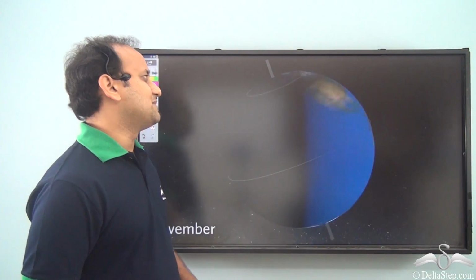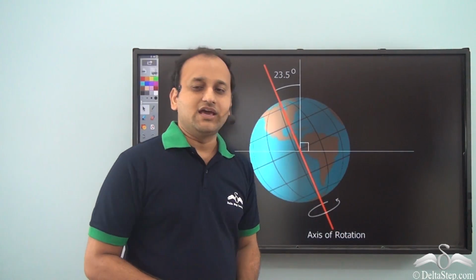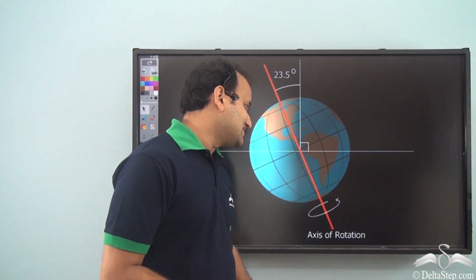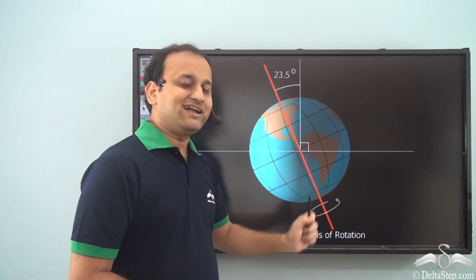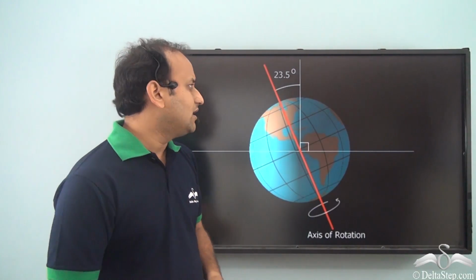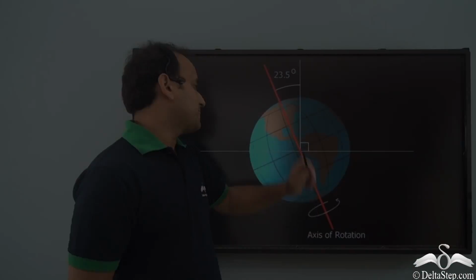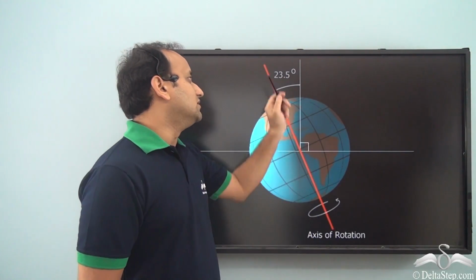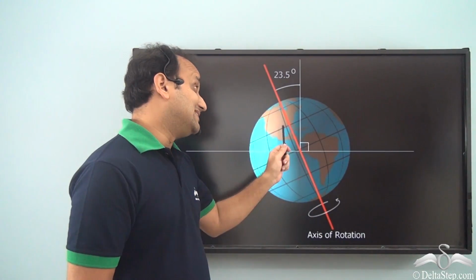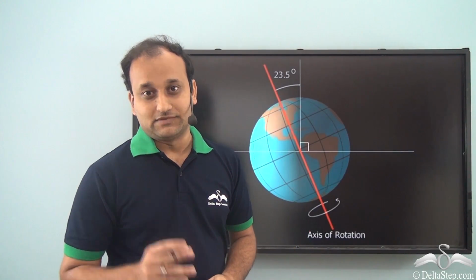Now, what exactly is this imaginary line? Let's see. This imaginary line is called the axis of earth. And it is on this axis that the earth is tilted and it rotates on this particular axis. And if you want to know the angle, it's 23.5 degrees tilted. That is, instead of the vertical position, the earth is tilted 23.5 degrees. And this tilt plays a major role in all the seasons we see. Let's see how.